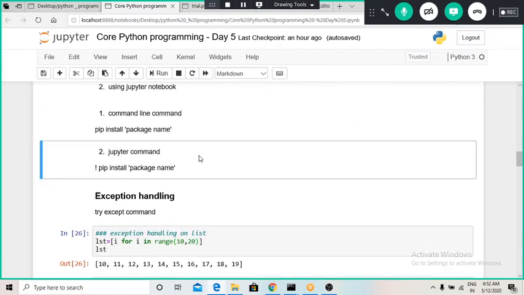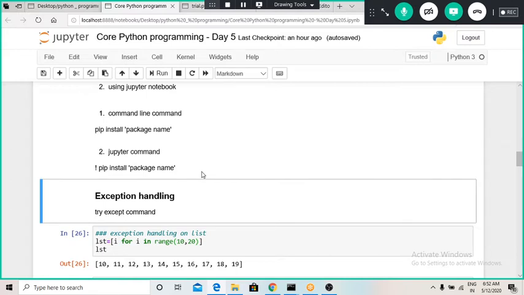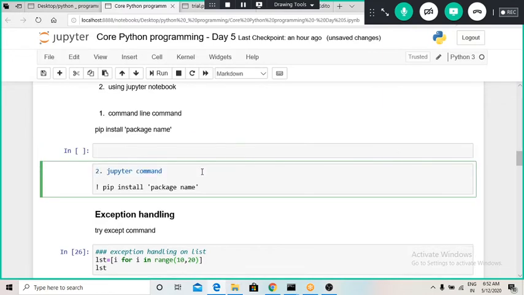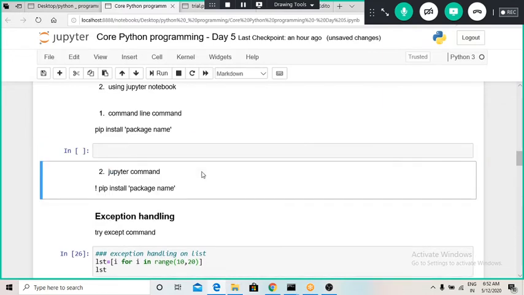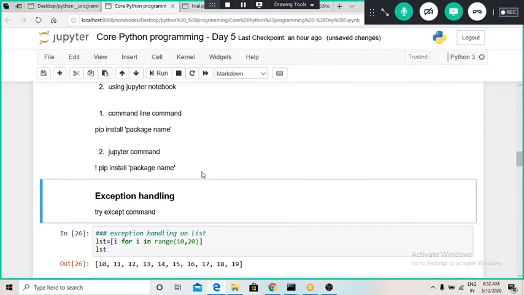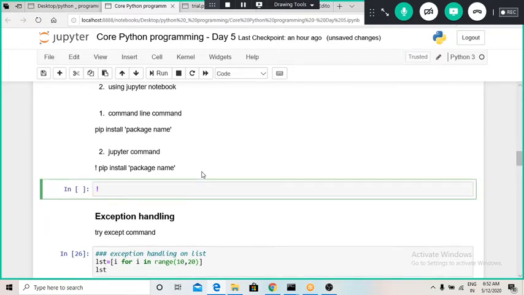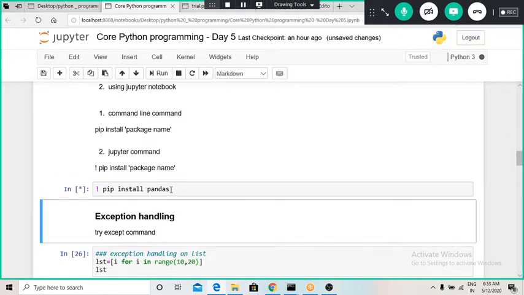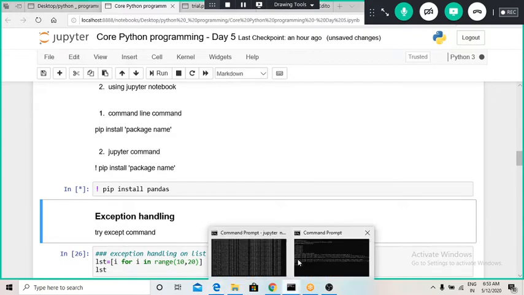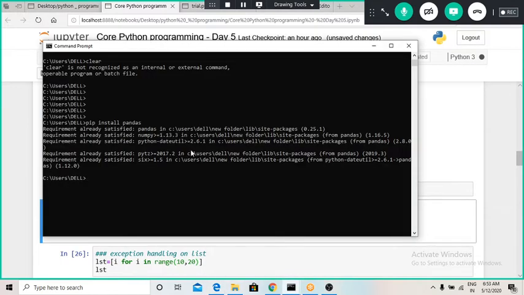Now, how to install a library using Jupyter, this particular interface? For installing, we have to run this type of command, like pip. This command will do the same work that the other command did in the command prompt, and it will also try to install the pandas library.